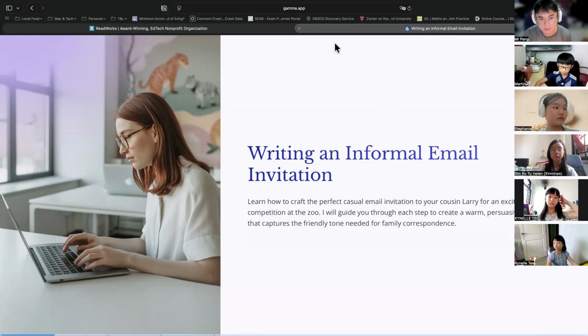I'm going to talk a bit about emails because as I was looking through some of the emails that you all wrote in class, there were some common areas for improvement. I'm hoping that this will benefit you, and I will share the recording with you at the end so that you all can view it again and remind yourselves of some of the important points to include that you all did not include in your email the last time.